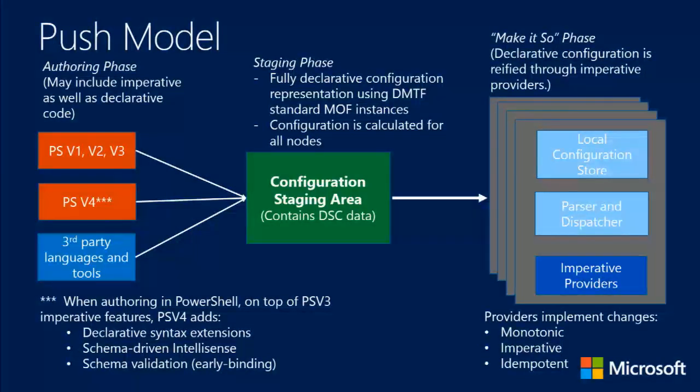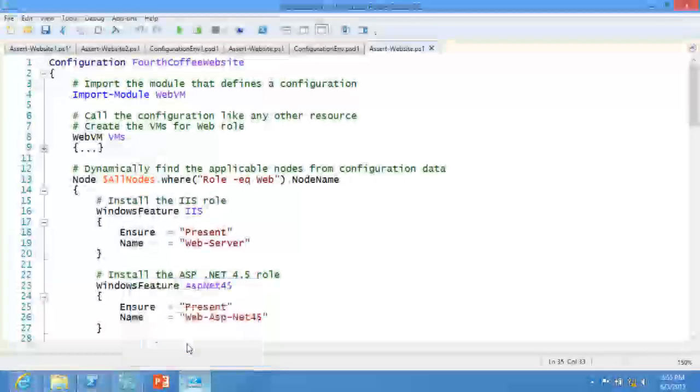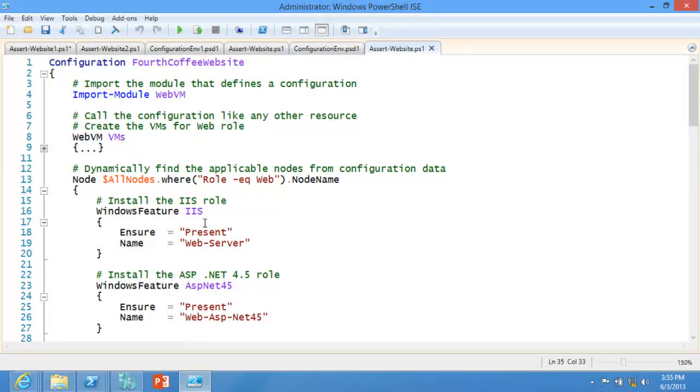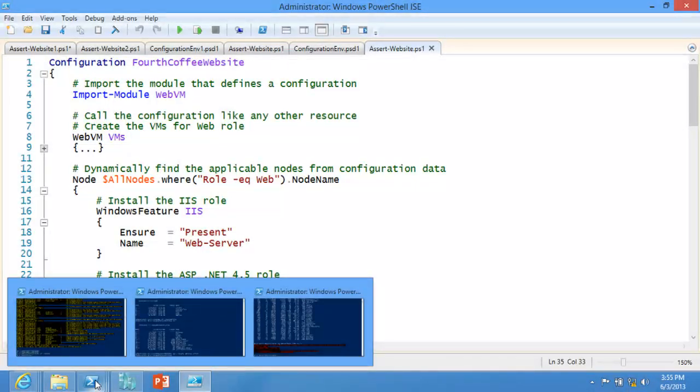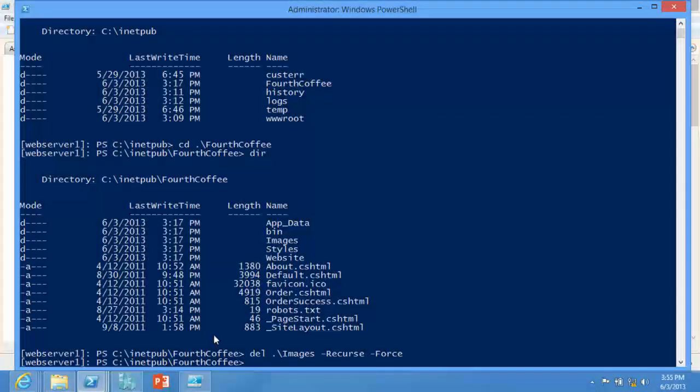In particular, we have this phrase up there. I realized I didn't explain it. We said that these providers implement monotonic code. This is Bruce Payette's. Guy's a rock star. He's really into the details of the language. So monotonic, what do you mean? He says, it's relentless. It just keeps going.